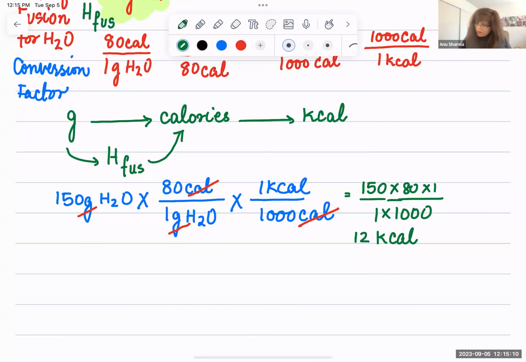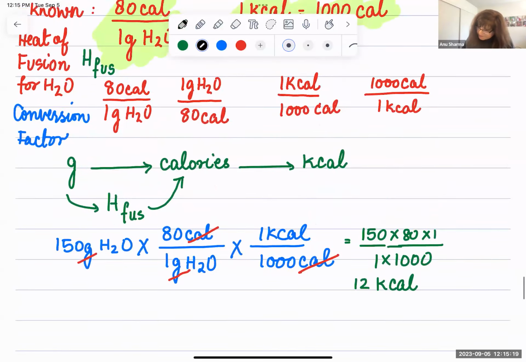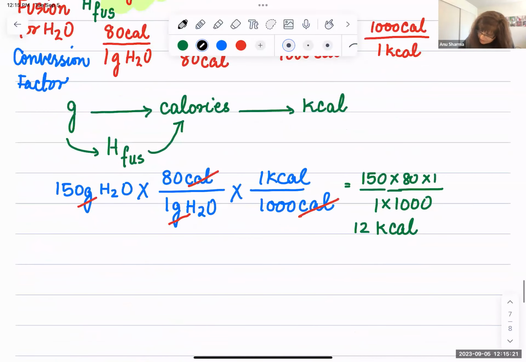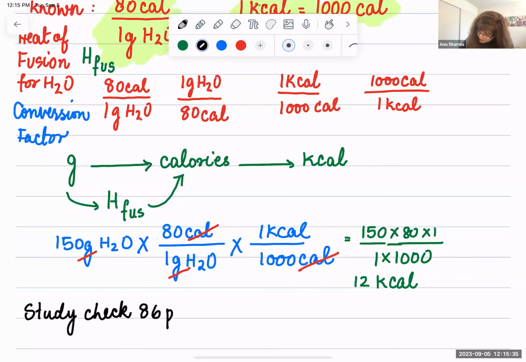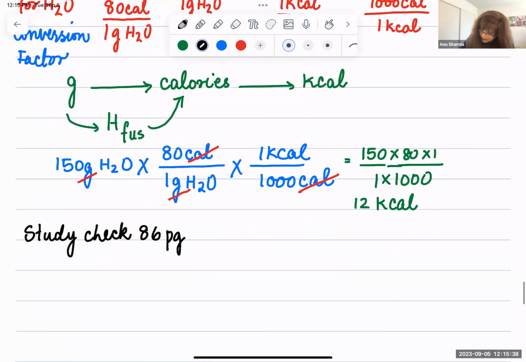So next is the same is the case for the heat of vaporization. Now, the same thing. Let's do the study check problem for that one. The study check. Page 86, page number. And the problem is 3.9. Okay. Now, in 3.9,